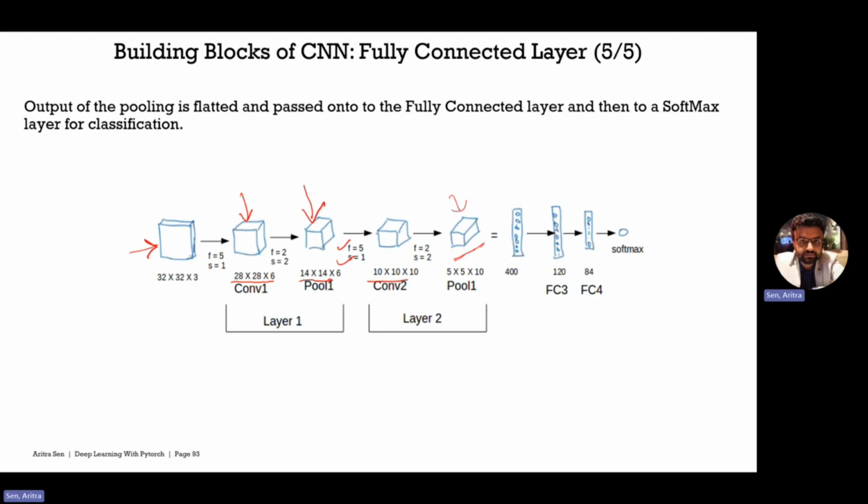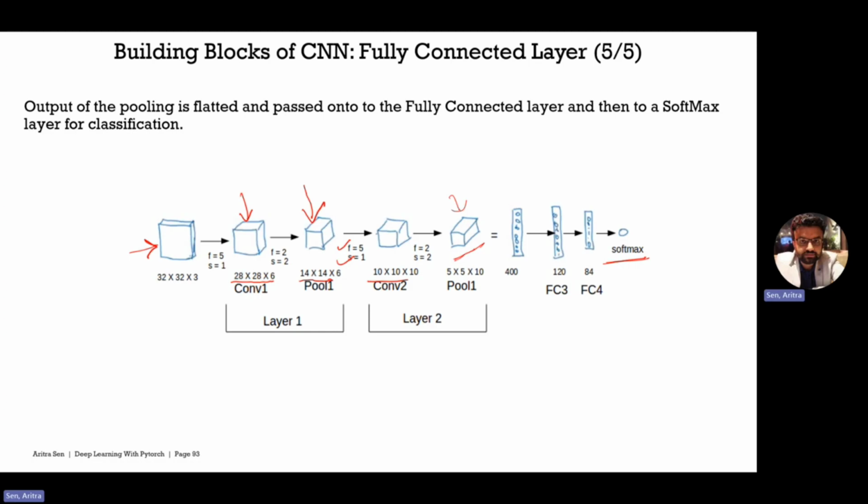With the help of the fully connected layer, in the end we can use a softmax to do a classification of that image. So this fully connected layer will help us to do the classification on top of the image. As I was mentioning, we cannot use a fully connected layer directly on top of an image due to two constraints. If you use a multi-layer perceptron, we have to maintain a lot of parameters. And if we use a fully connected layer directly on top of an image, we can lose the spatial